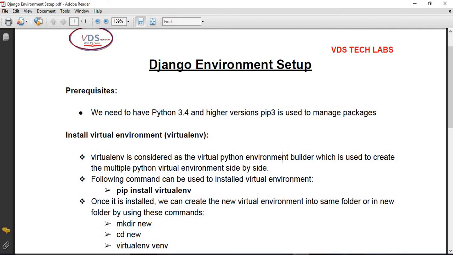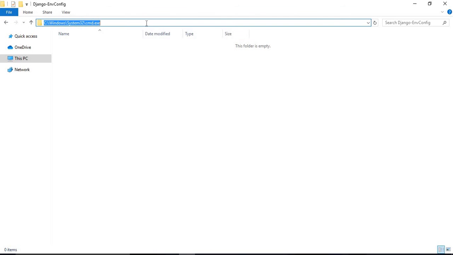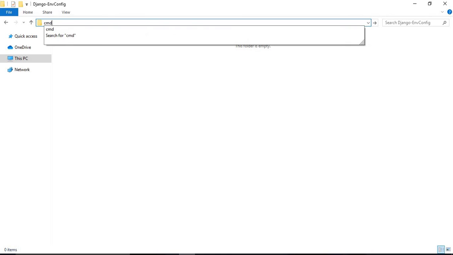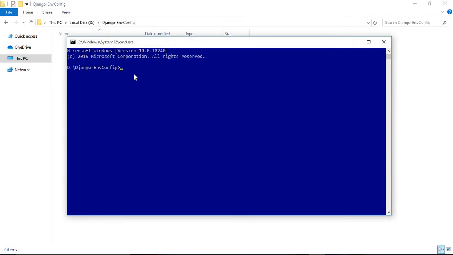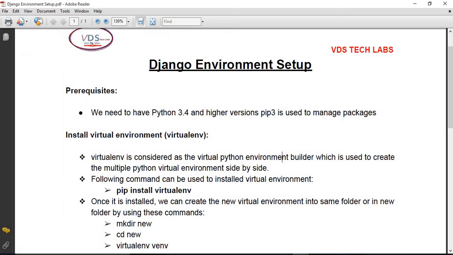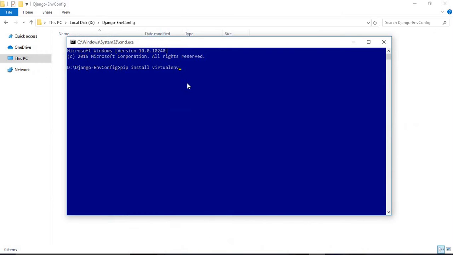So let's start. Go to the folder that I have made, write cmd, and here we can use the command pip install virtualenv and hit enter.